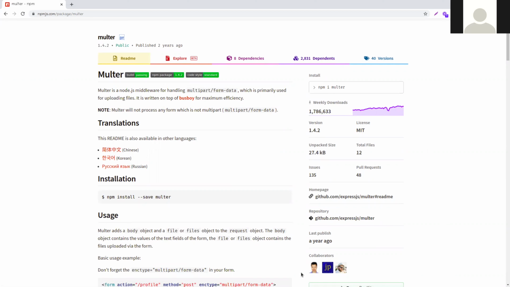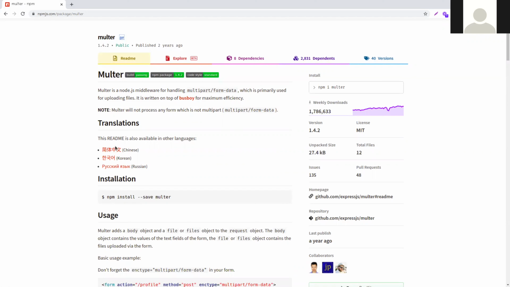If you want to upload any type of file, an image, pdf or anything, Multer will help to upload this file to our server.